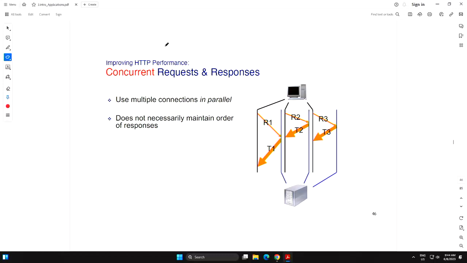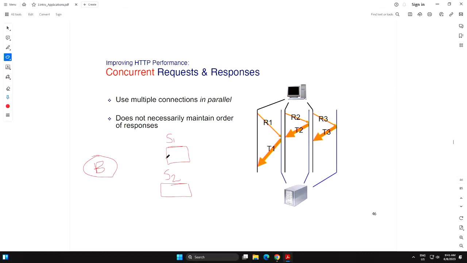So this is another question we have to answer. What I mean by parallel: let's say that I have two servers. This is server 1 and this is server 2, and this is my browser client.